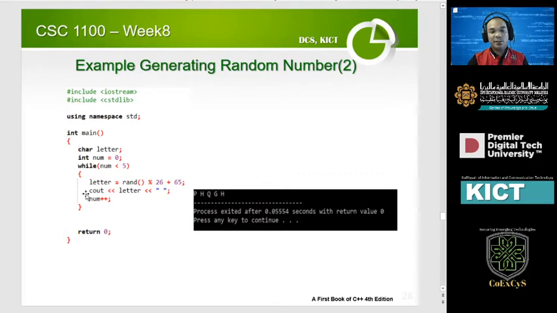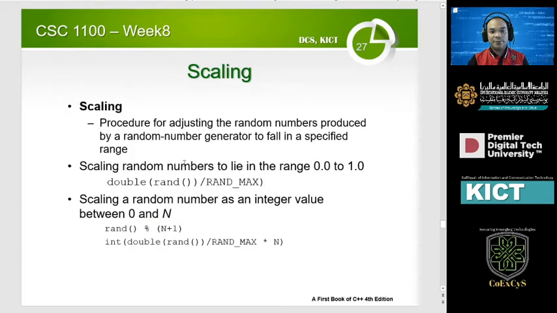So this is a basic usage of a random number generator. Again, if you want it to be pseudo random with some kind of seed, you need to call srand.